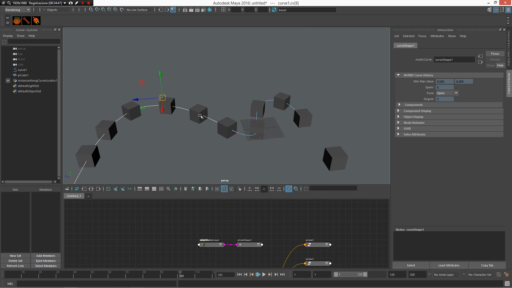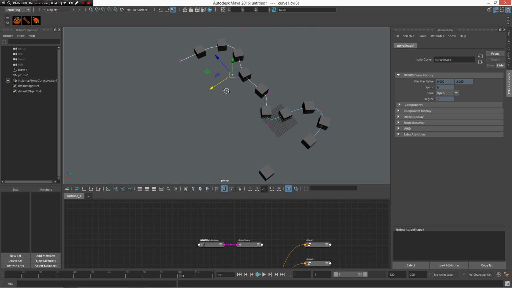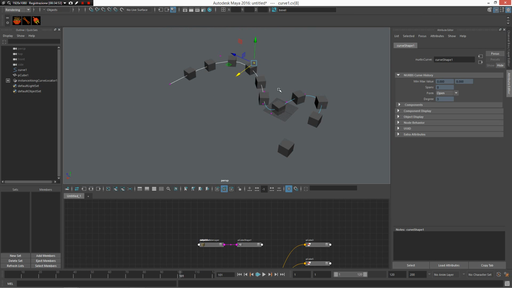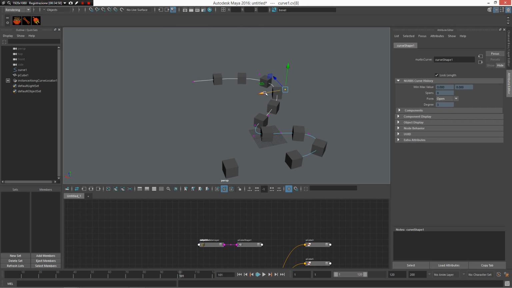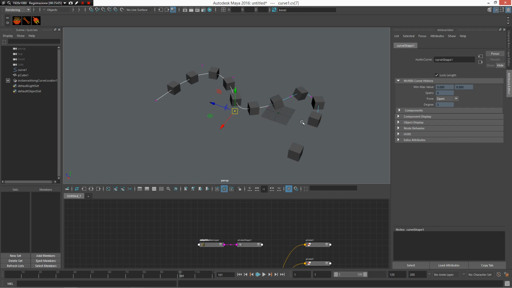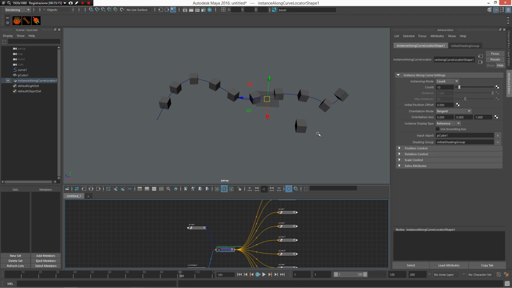Then I can select a control vertex. I can change the direction of the curve, everything working as expected. I can use my Z, right mouse button, to lock the length of the curve, and move the curve by locking the length of the curve. It creates an interesting dynamical effect on the curve. Of course, I can have access to the node. From here, I can